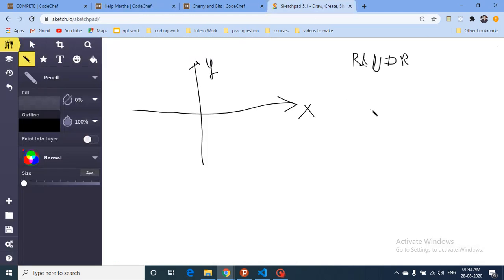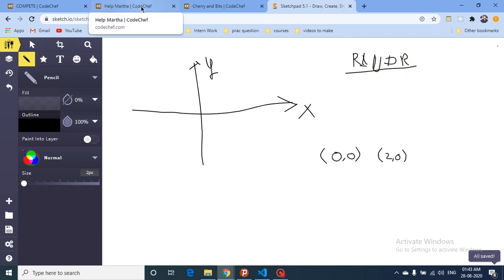Now let's take a smaller example, assume that you are standing at 0 0. Now you want to go 2 steps right. Because it is 2 steps right, x will increase and it will become 2 0. So now in this string also, what you can see here is